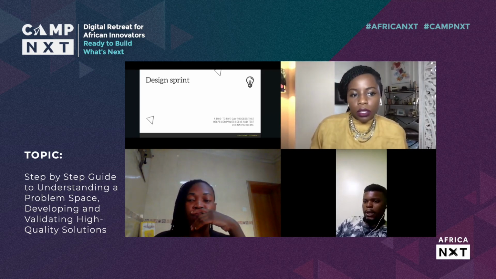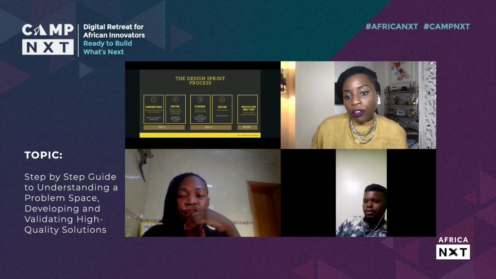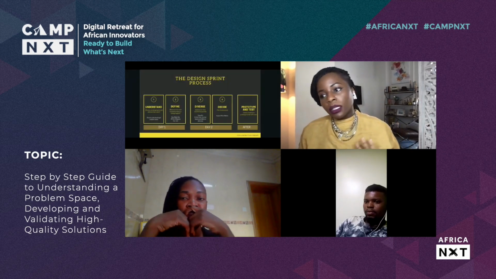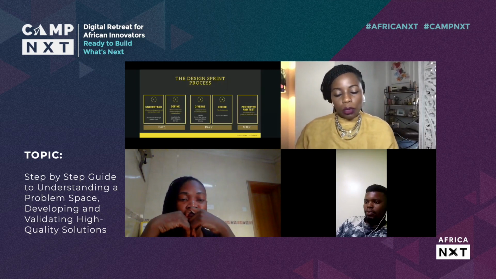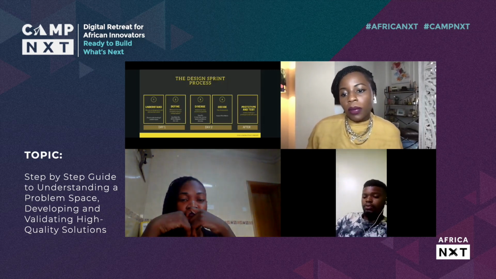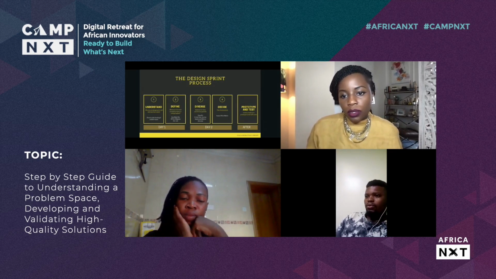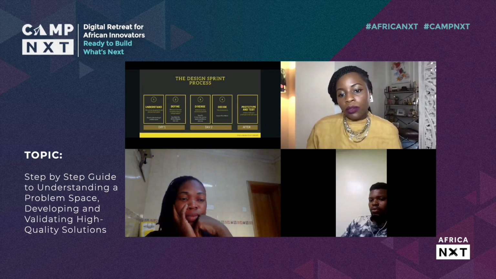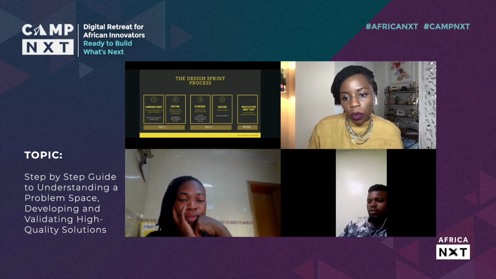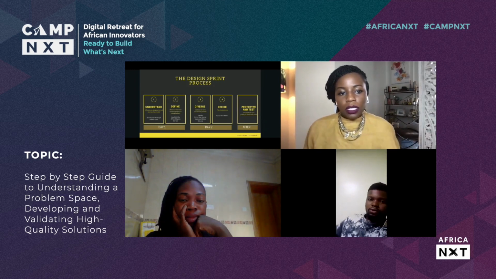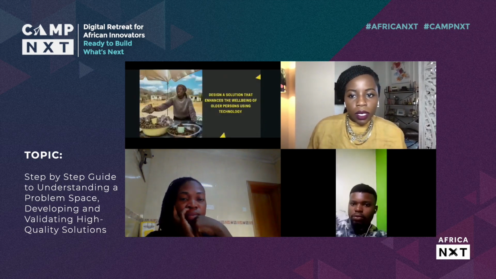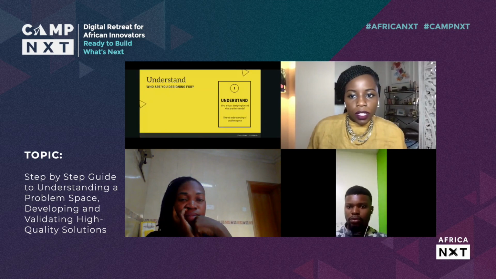After we understood that, we started to define it by framing the problem more as an opportunity instead of a problem. We did some activities called How Might We's. We grouped things into themes, and then we voted on what the best themes were. Eventually, we broke out into 2 separate teams, and I'll show you what our topics were.